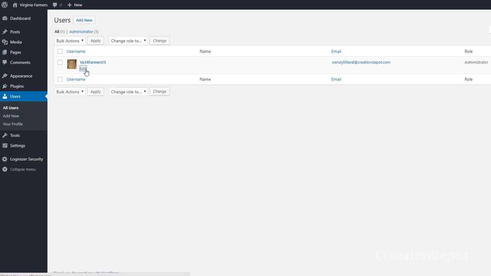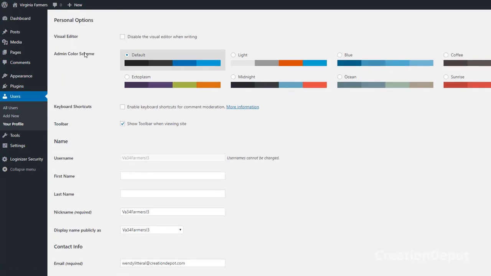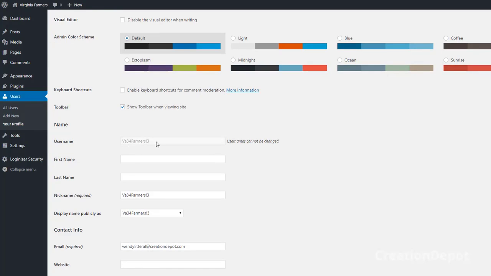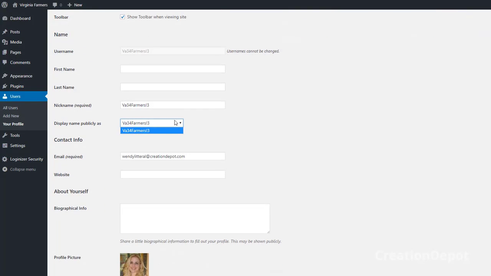You can edit a few things, and we'll go over this in the profile. You want to see, like, the username is grayed out there. You cannot change a username, and especially in the number one admin, you can't change much. What I would suggest is coming down here and seeing where it says display name publicly as, and changing this display name to something else, because in some parts of your site this is accessible, and then hackers know what your username is